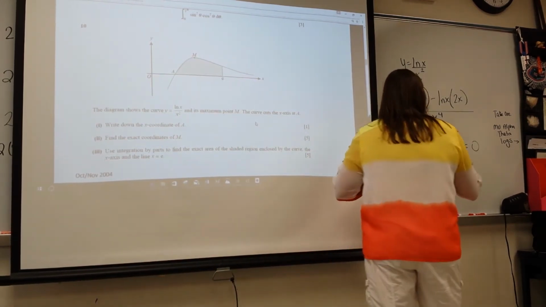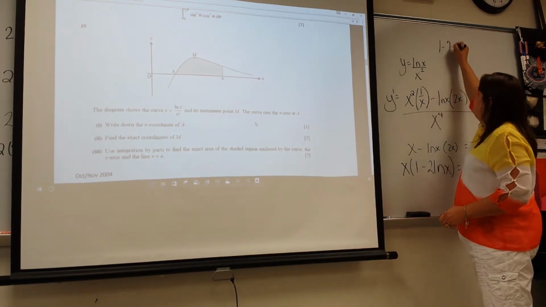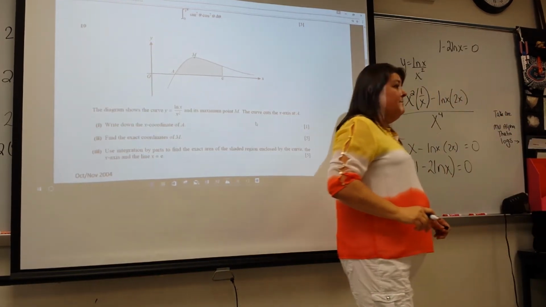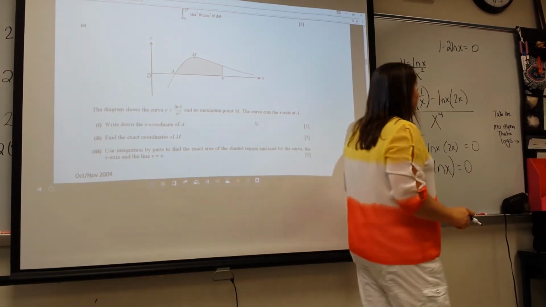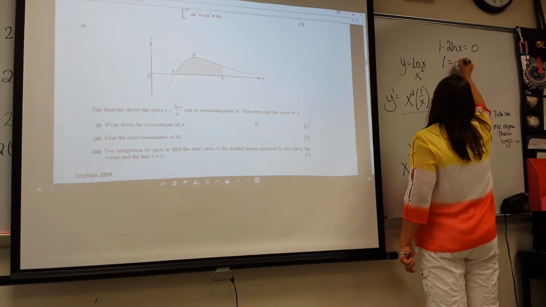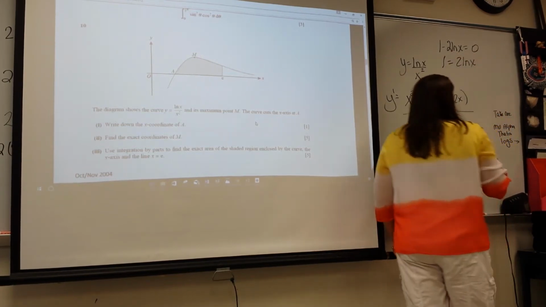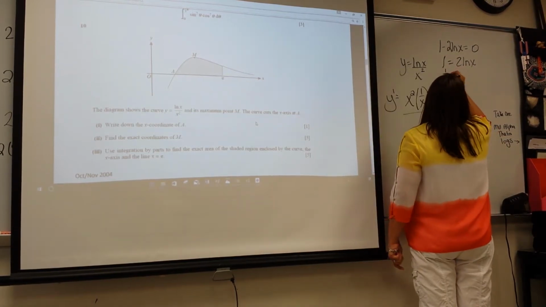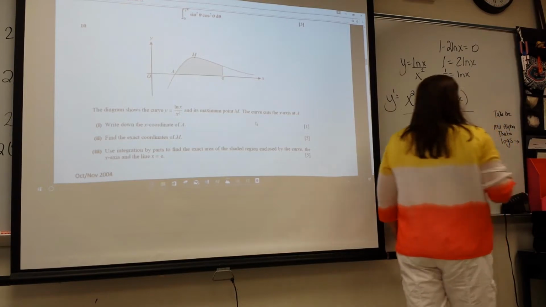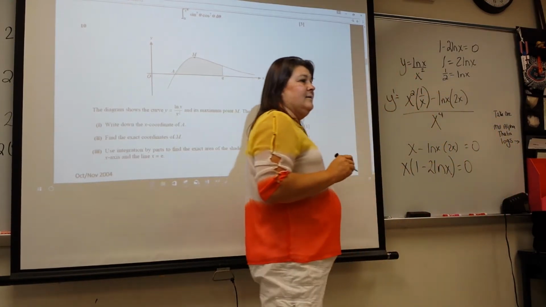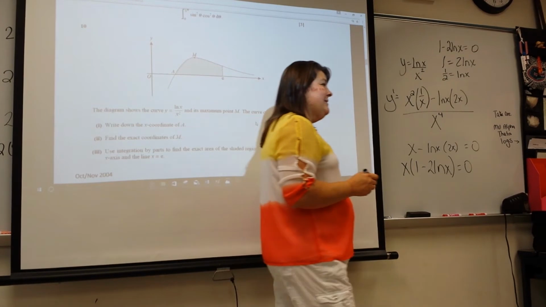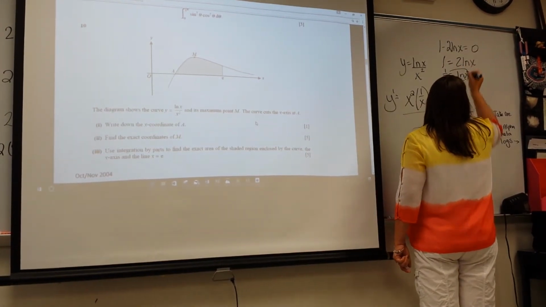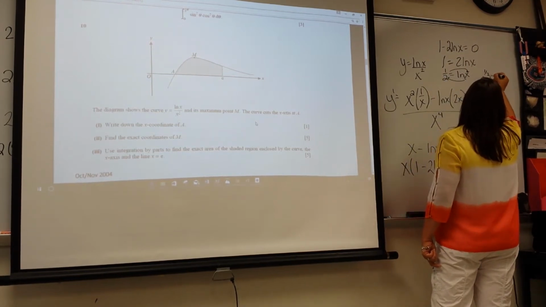Everybody okay? So the option that's going to have to work is when this guy is 0. So I'm going to take 1 minus 2 ln of x and set it to 0. And solve. It's our salt, right. So I'm going to add 2 ln of x to both sides. Divide by 2. Everybody okay? And I told you a really easy way to find that value of x. e to the 1/2. That's exactly right. So little e that we don't see, raised to this power is going to give you the value of x. So e to the 1/2, which is